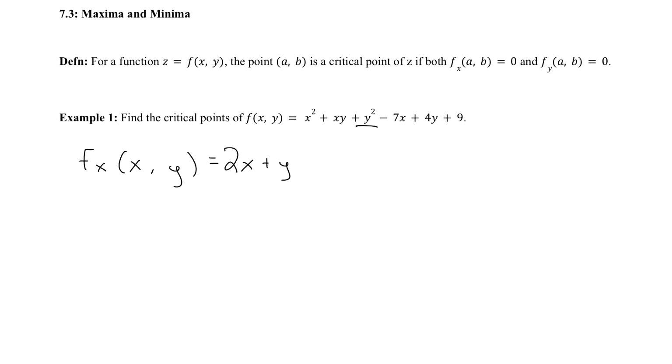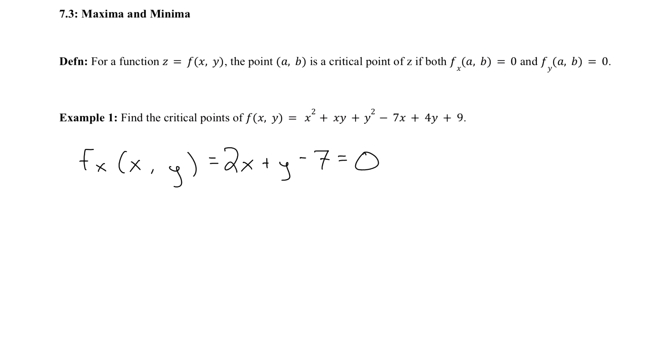y squared, derivative of y squared with respect to x, y is a constant, so its derivative is 0. Derivative of negative 7x will be minus 7. Derivative of 4y is a constant with respect to x, so its derivative is 0. And 9, of course, is a constant, so its derivative is 0. So I want to take this partial derivative with respect to x that I found, set it equal to 0,